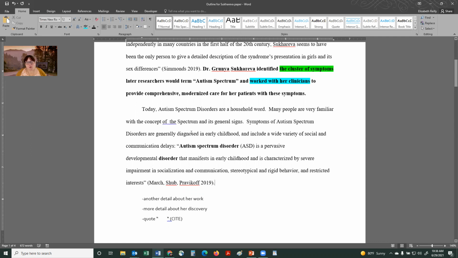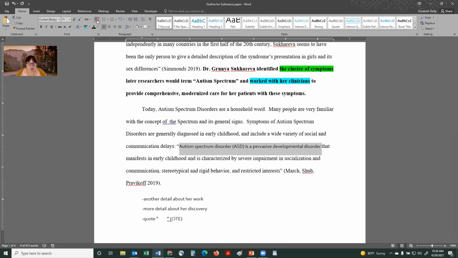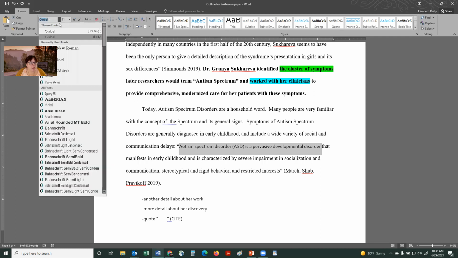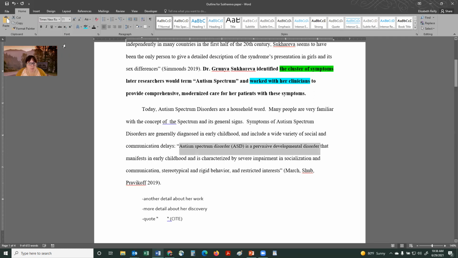Okay, so I put a quote in there. I have me talking and I have a quote talking. Now I'm going to talk about the quote. So what are we discussing here? The signs and symptoms. Autism spectrum disorder. Let's take the bold out while we're here. ASD is a pervasive developmental disorder that manifests in early childhood and is characterized by severe